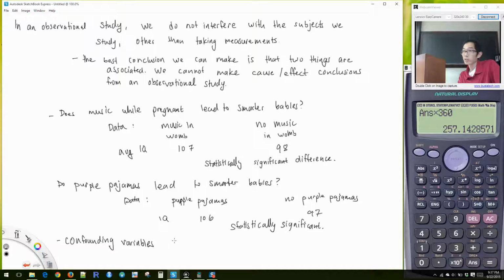Yes? So then what's the point of doing an observational study at all? Okay, so this is a good question. Why even bother? Well, I'll talk about experiments in a moment here, but let me just write this thought about confounding and lurking variables. Okay, so there might be other things responsible for the cause and effect that may be